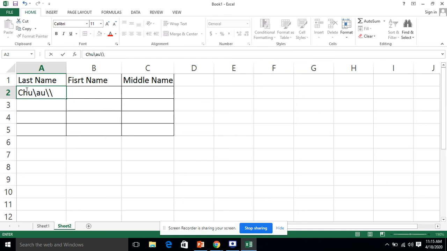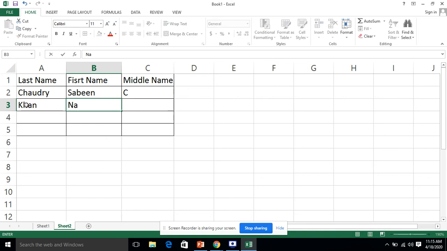This table is basically given on page number 32 of your book. Chaudhary, Sabine, and then middle name is C. Khan, Nile.